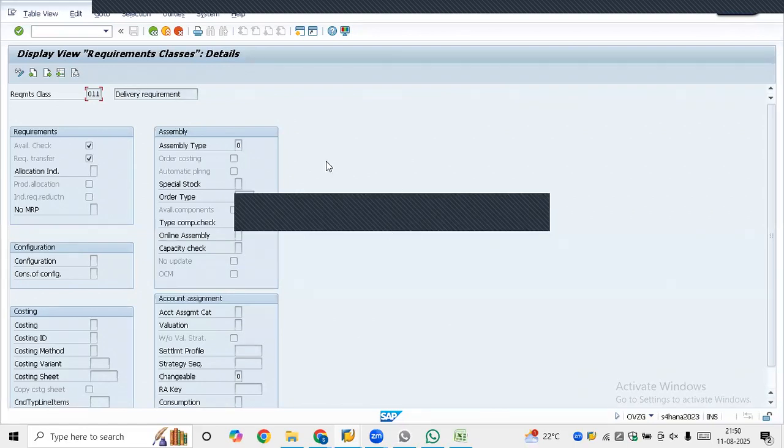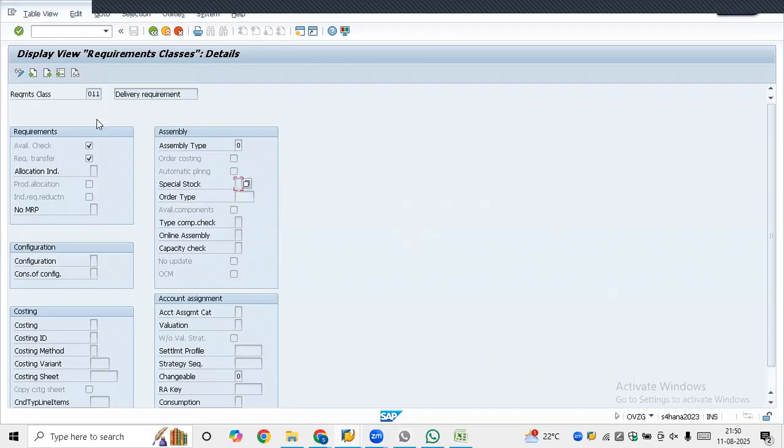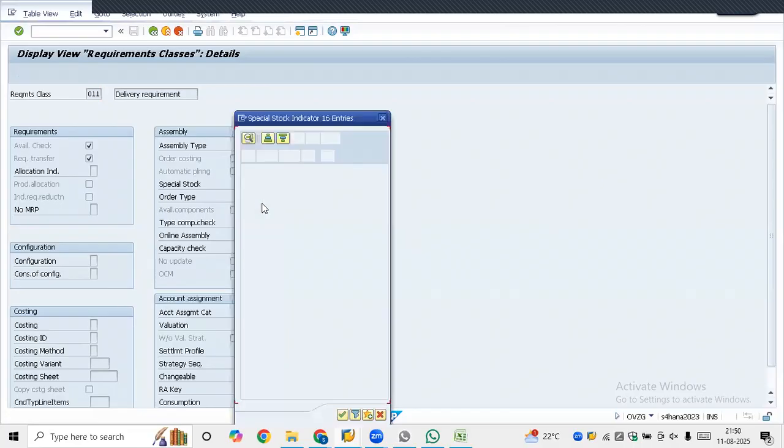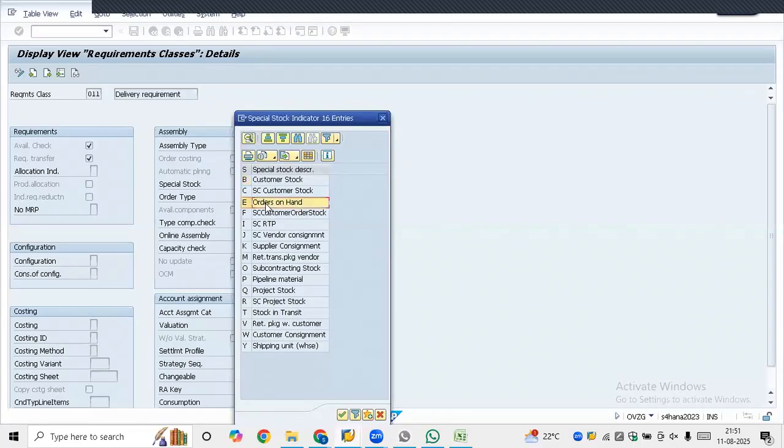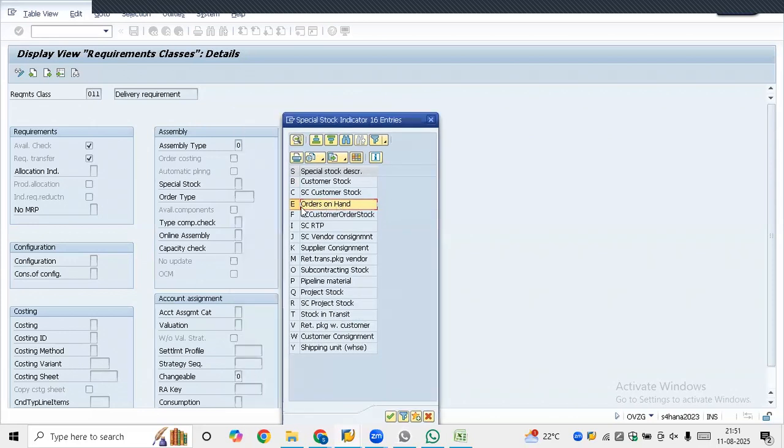Now I was talking about special stock. If the requirement class uses 11, special stock is blank, which means it's make to stock. If it is E, this is important, it's make to order, orders on hand. People will ask: if the stock type is E, that is the make to order scenario, orders on hand. If you see the stock also,